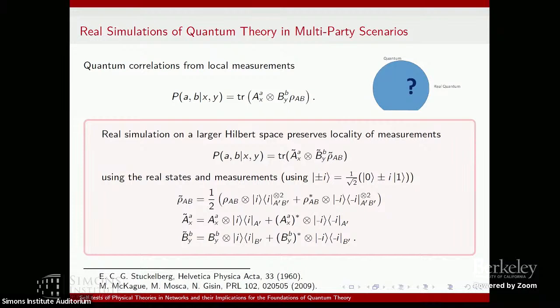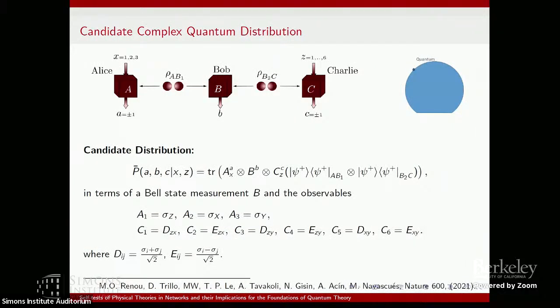And so then how could we distinguish the two? The partial answer is, this construction doesn't go through anymore naturally in the bilocal network, and so this is a candidate where we can again look for a difference. And this is what we did. Essentially what we were looking for is to find a distribution at the boundary of the quantum set somewhere that seemed to be genuinely complex in the way it was constructed, and then show that this cannot be recovered with real quantum states and measurements.